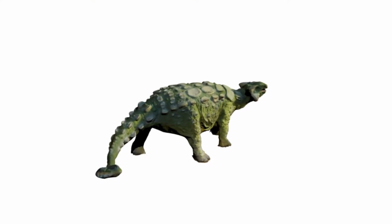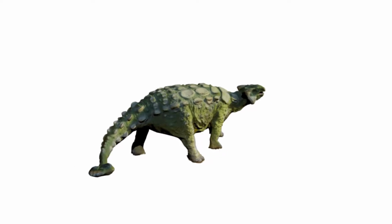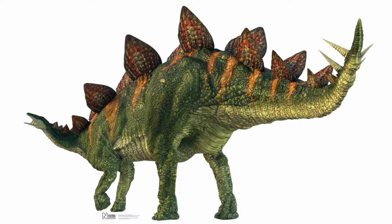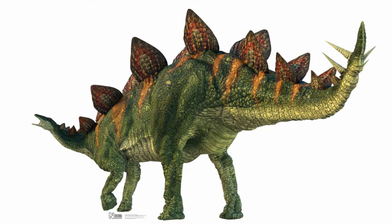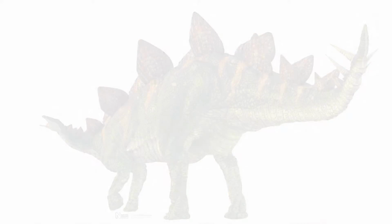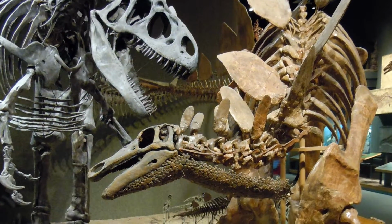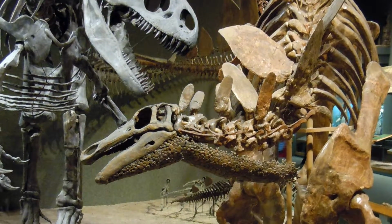Other than a unique group of Asian sauropods like Shunosaurus, no other dinosaurs seem to have developed anything like the tail clubs of ankylosaurs. The armor that this group is named for comes in a variety of dermal ossifications, which would have been covered with horn-like keratin in life, a material like what our finger and toenails are composed of. Dermal ossifications are different from bones that form as part of our skeletons. They are bones that form in the ectoderm tissue layer, rather than the mesoderm tissue layer that the vertebrate skeleton